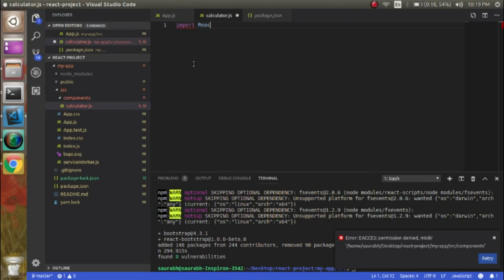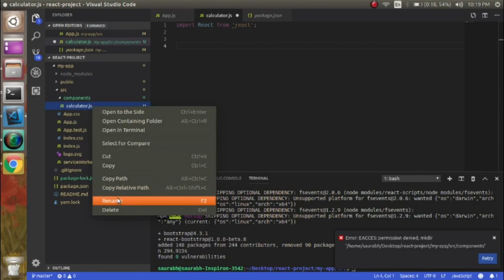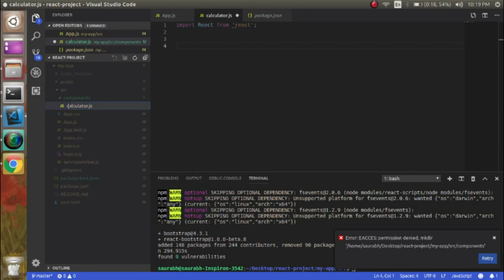So now inside the Calculator.js file, simply import React from React, and after doing that, make sure that your file name starts with a capital letter. Alright,